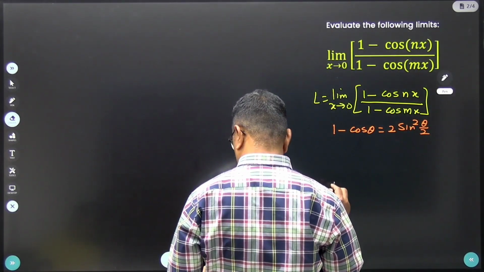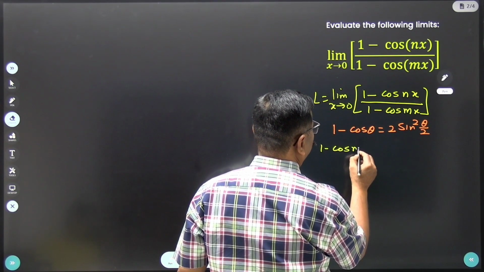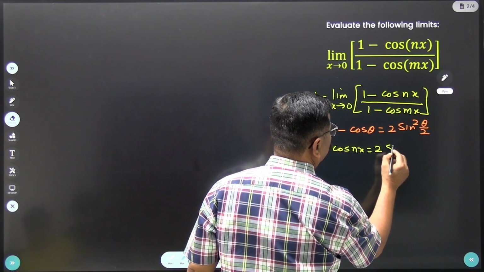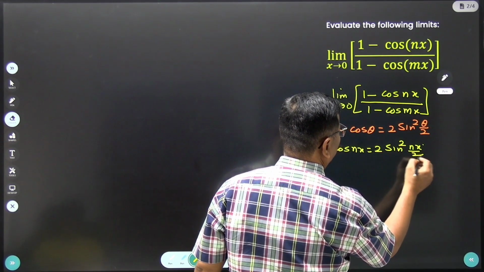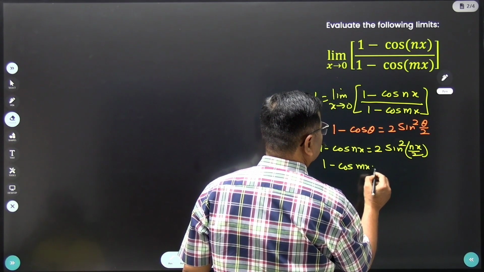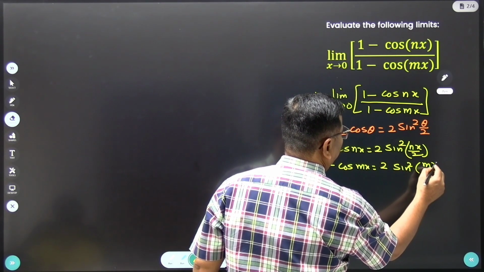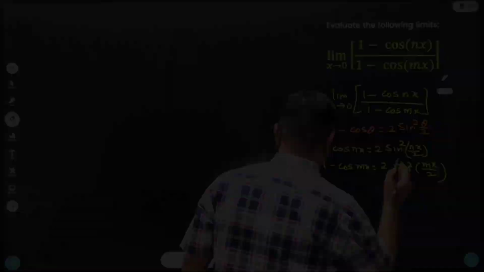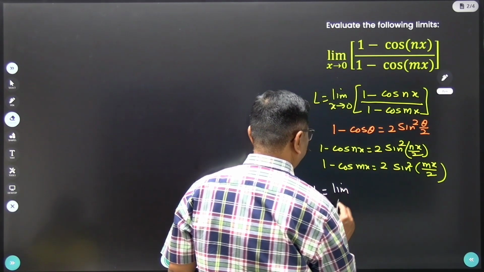So, let us write this. 1 minus cos nx is equal to 2 sine square nx upon 2, while 1 minus cos mx is equal to 2 sine square mx upon 2. Hence, L is equal to now limit